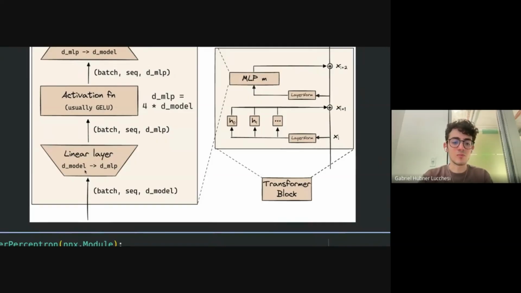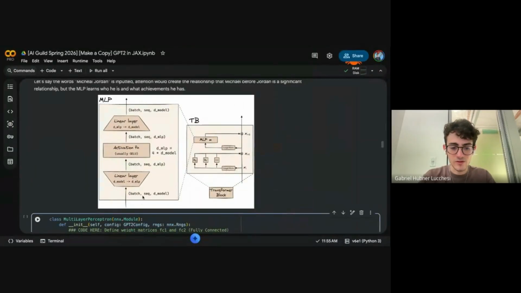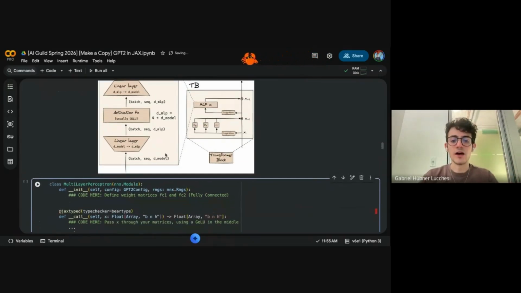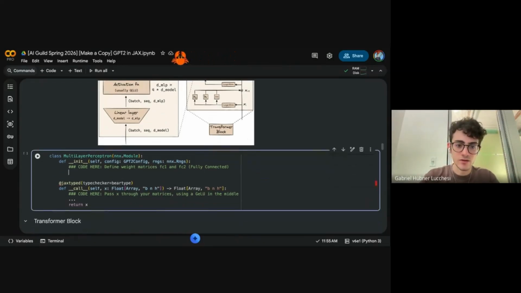You can see that it expands the size of the token stream. Token stream is just everything that's going up this arrow here. This is called a stream. But this is a vector of size 768, like we were saying, and this one here is 4 times 768. So we have more representations and more variables to represent things.